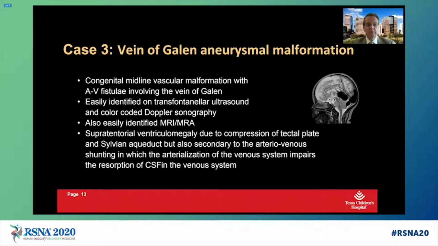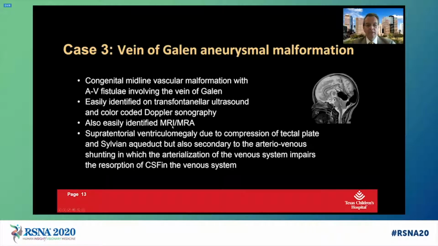This is a congenital midline vascular anomaly with a lot of AV fistulae involving the vein of Galen. The vein of Galen will consequently be enlarged or dilated. It is easily identified on prenatal and postnatal ultrasound, as well as on color-coded Doppler sonography, but also, of course,